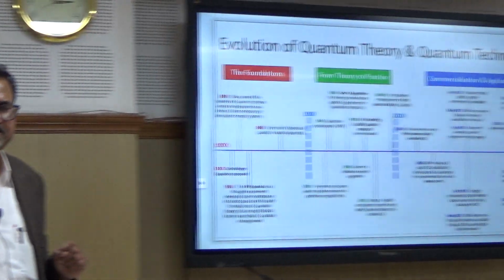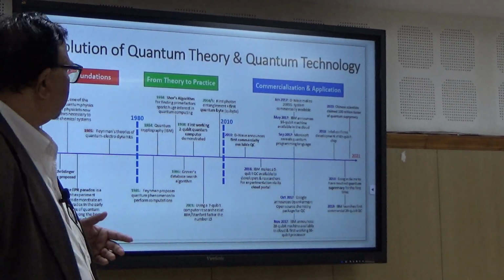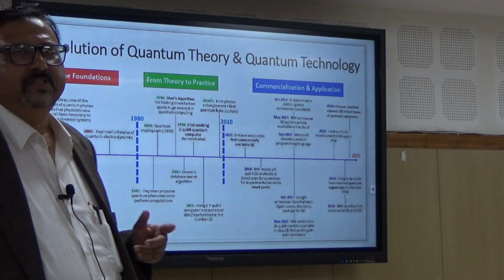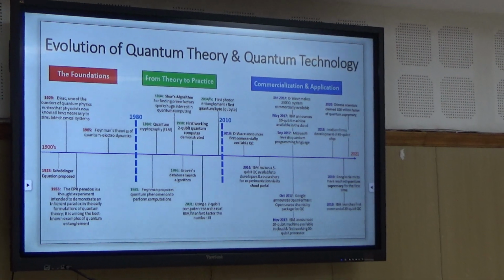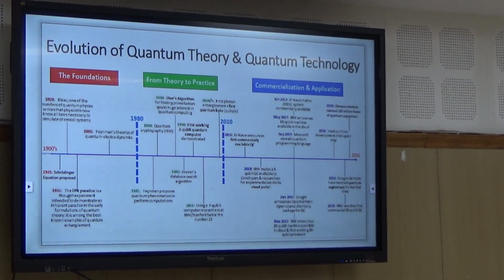So when we are talking about this quantum entanglement, we are talking about the correlation between two qubits, the 2 states of a superposition. Okay. So this is the basic information. Let me give the brief flavor of how the system developed, and then I will explain each and everything in a more rigorous manner. So if you see the evolution of quantum theory and quantum technology used for quantum